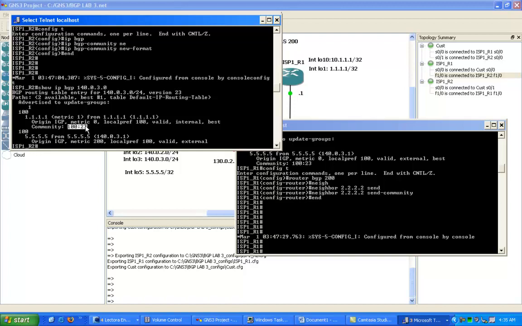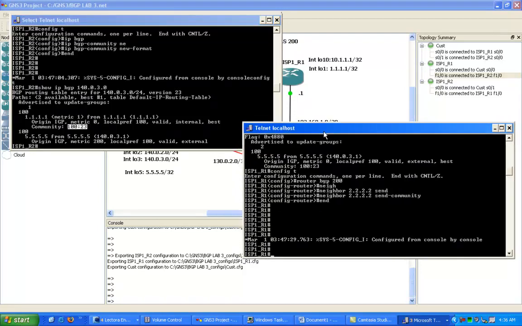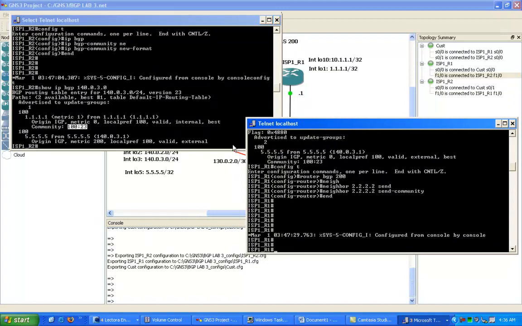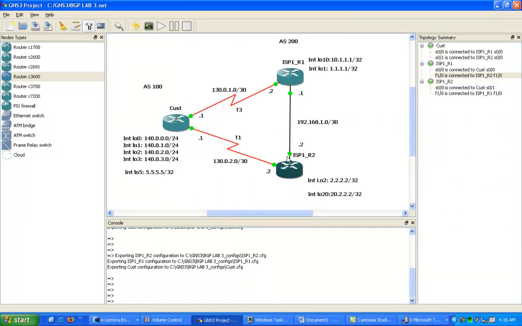Which is 100:23. So there's a lot of things you can do with BGP communities. One of the real powerful tools, say on the customer router, if I only wanted my ISP to see these routes, the 2 network and the 3 network,